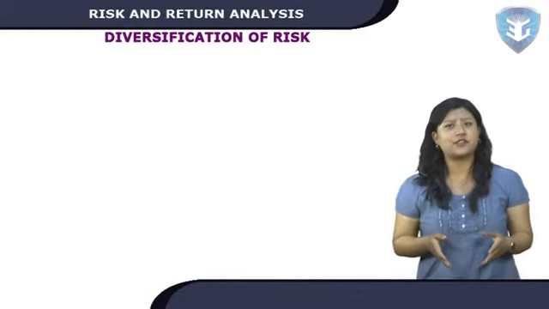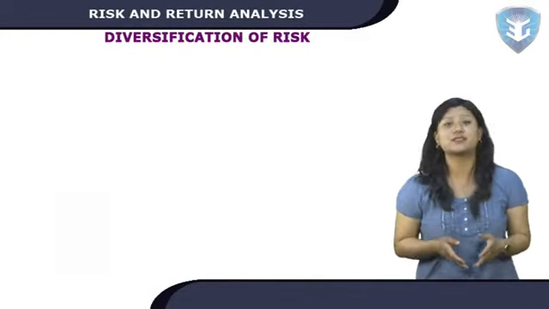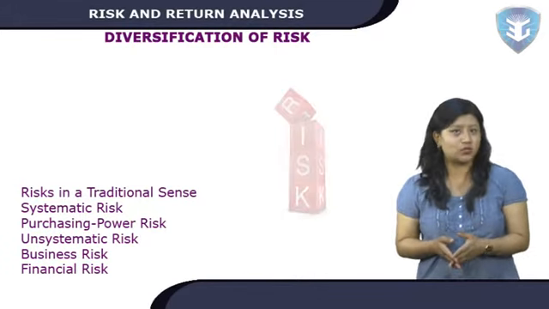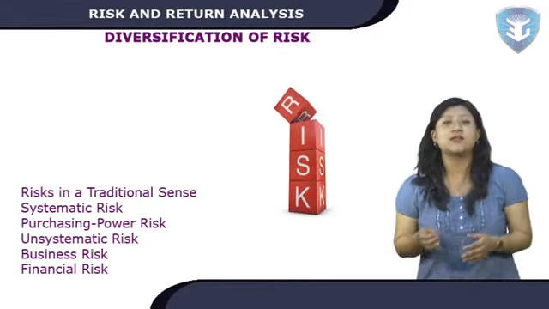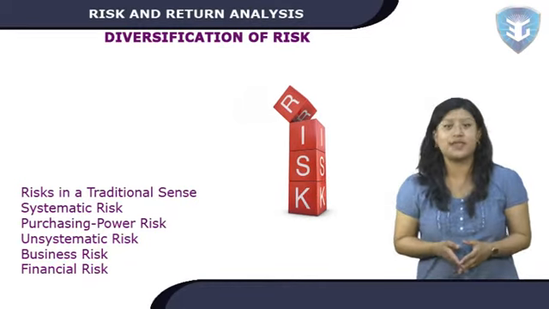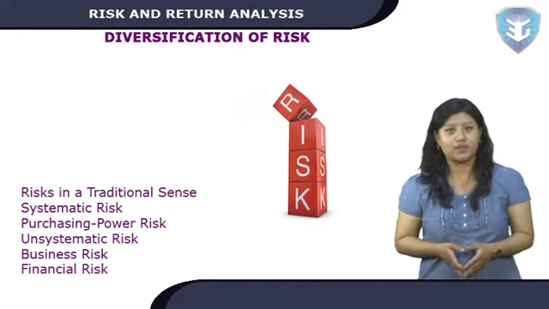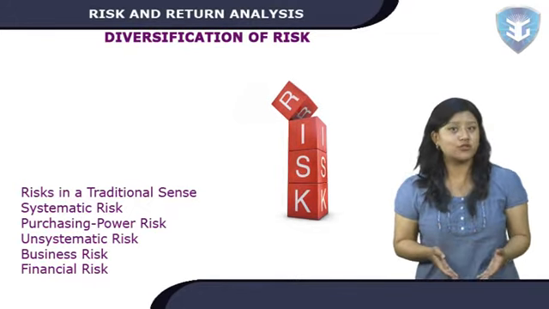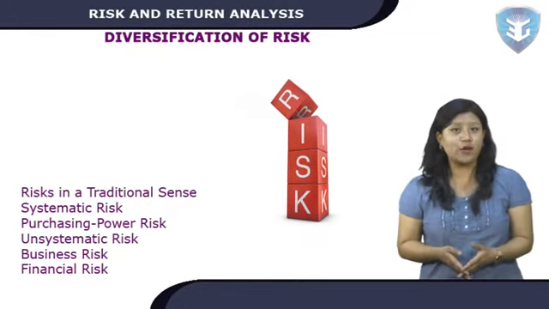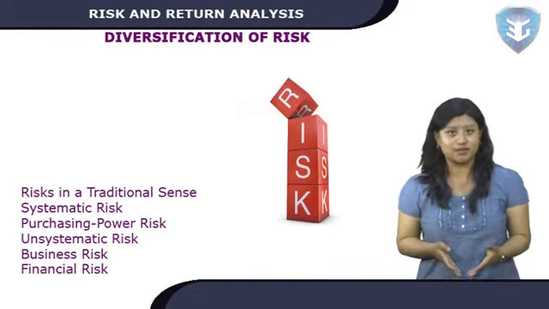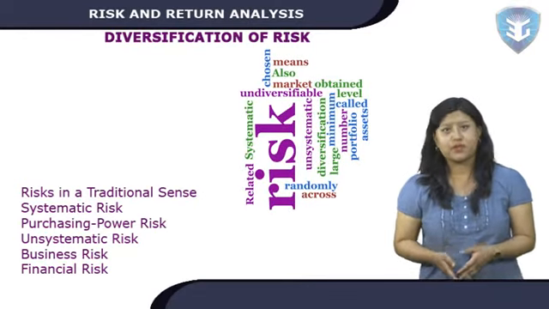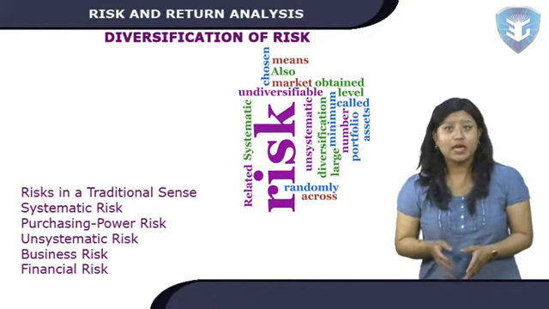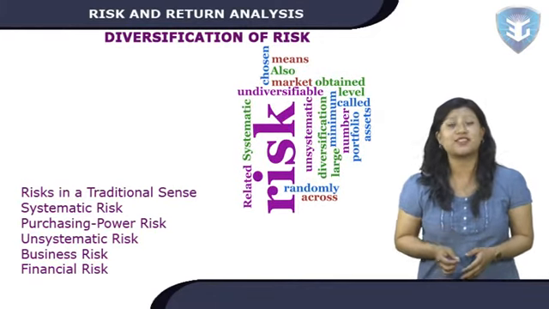The ways for diversification of risks are risks in a traditional sense. Risk in holding securities is generally associated with the possibility that realized returns will be less than the returns that were expected. The source of such disappointment is the failure of dividends, interest, and/or the securities price to materialize as expected. Systematic risk. Systematic risk refers to that portion of total variability in return caused by factors affecting the prices